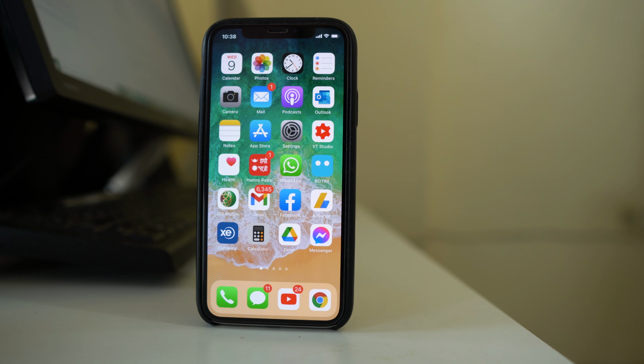In this video today, we will see what to do if you cannot connect to the App Store in your iPhone or iPad to download the applications. We will start with the basics at first. So the first thing you have to do is check if there is an internet connection in your iPhone or not.